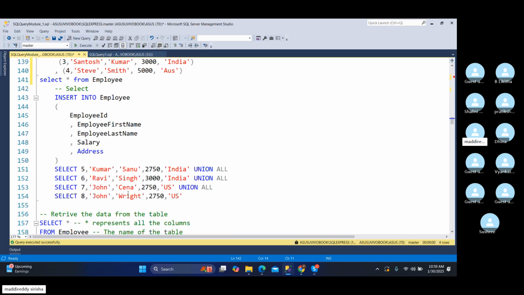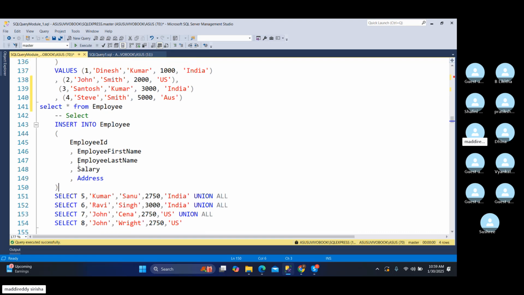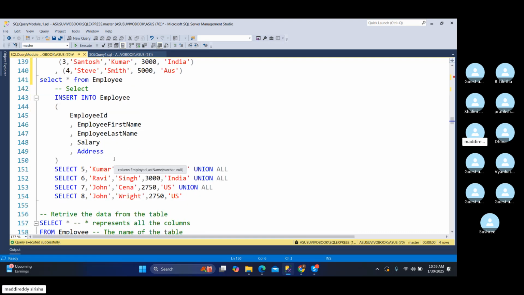Let's jump on the select method. The same way we will follow. Insert into employee table. In bracket, write the column names. Close the bracket. Now, instead of using values, we will use select. Already we have inserted details till employee ID 4. We will insert from 5th onward. So select 5, the first value employee ID, comma, employee first name Kumar, employee last name Sanu, salary 2750, address given